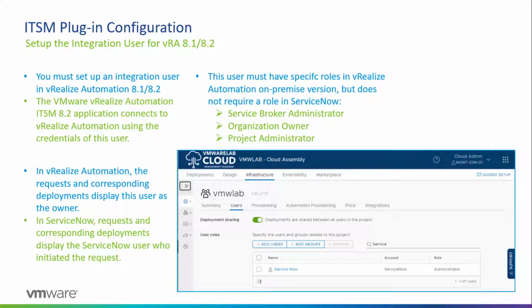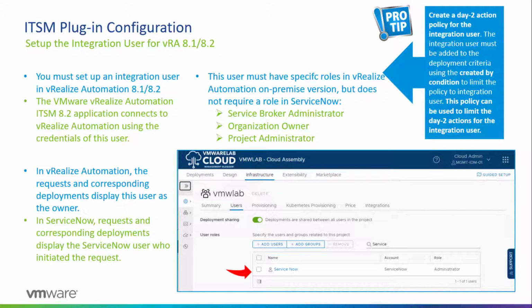Now, a couple of things to mention here is that in vRealize Automation, the requests and corresponding deployments will display as that user, as the integration user. That user is going to be the owner for all the deployments. So when you're looking natively in vRealize Automation, you will know which deployment came from users and which deployment came through the ServiceNow integration. On the ServiceNow side, on the other hand, these requests and corresponding deployments will display the ServiceNow native user who actually initiated the request. Here's my ServiceNow account, and I'm giving him the administrator role in the project VMware Lab, as you can see